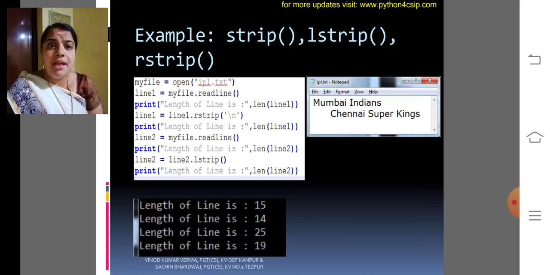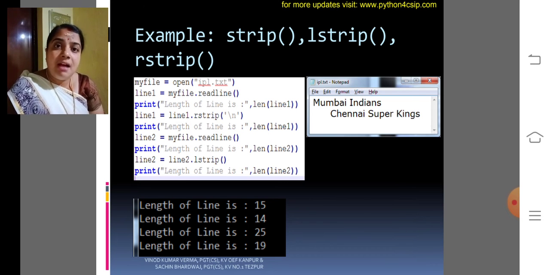Then again I am trying to read the next line, Chennai Super Kings. Before that I had left some spaces, that is \t. So if I am stripping the values on the left side, my total length will be 25, and after stripping I'll get only 19.